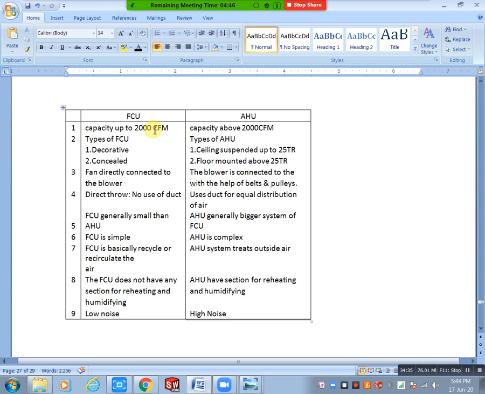And the types of FCUs are decorative and concealed. Decorative FCU means we consider tower type, interior design purpose, and cassette type. These all we consider as decorative. Concealed means we have steps. For example,